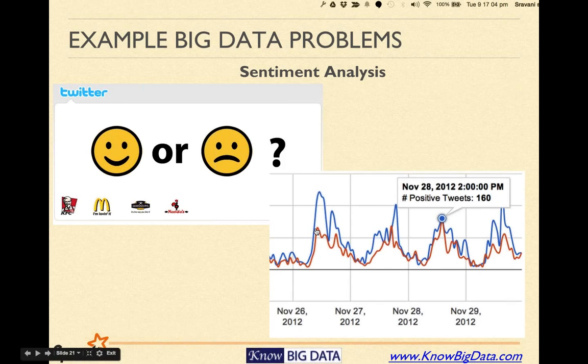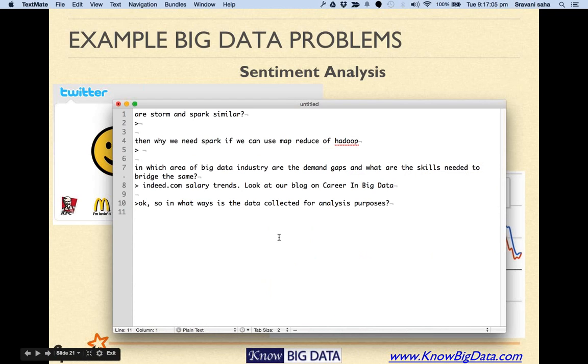All right, coming back to Satya's question. So here is Satya's question: in what ways is the data collected for analysis purposes? The data that is collected for analysis purposes is collected in many ways. First is the web